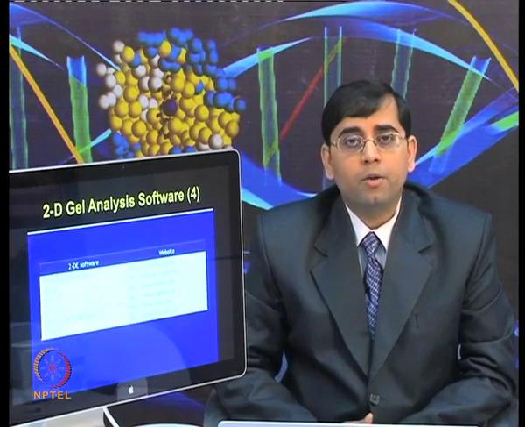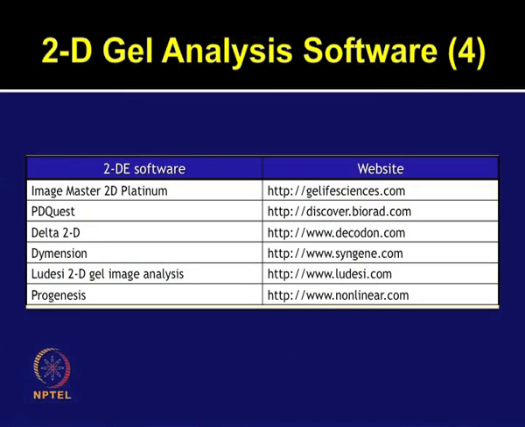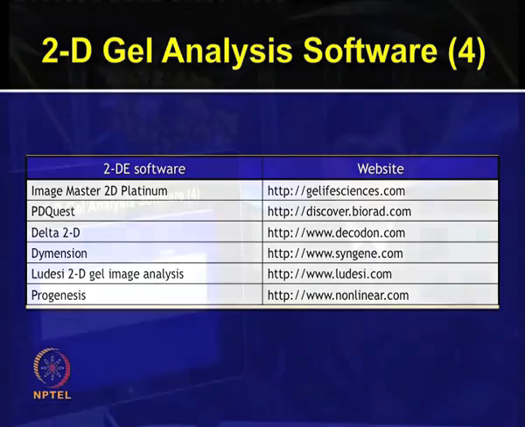There are various commercial softwares available for comparing 2D gels, such as ImageMaster 2D Platinum from GE Life Sciences, PDQuest from Bio-Rad, Delta 2D from Decodon, Dimension from Syngene, Ludesi 2D gel image analysis software, Progenesis from Nonlinear. These are just a very few of the software which I have mentioned. These are very commonly used, but there are many other good software also available which one can use